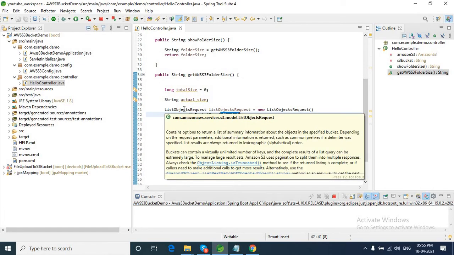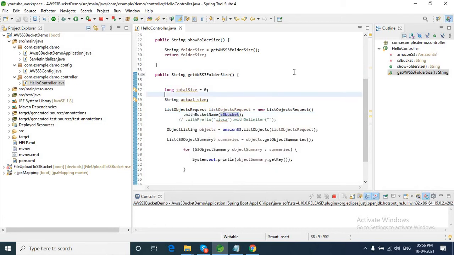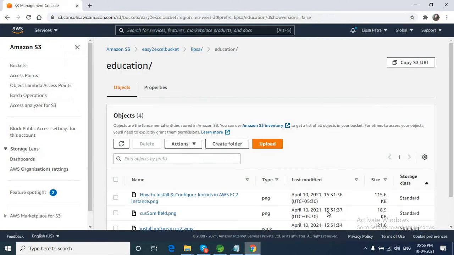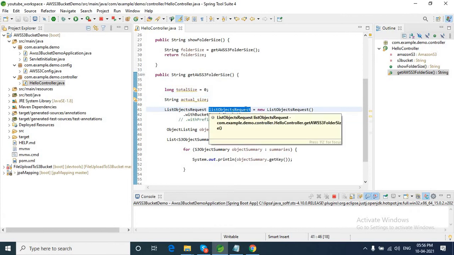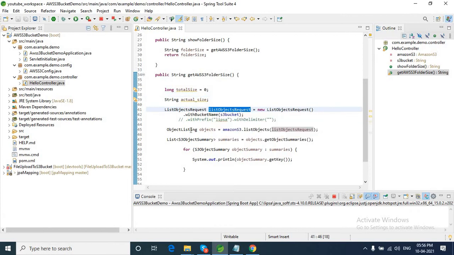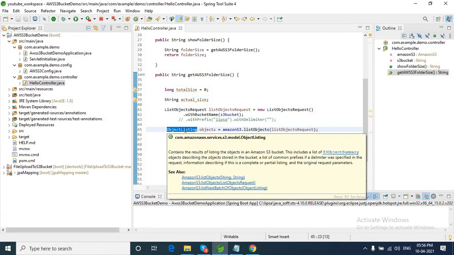A list object request returns a list of summary information about the objects inside a specific bucket. From this list object request, I get an object listing. The object listing contains the result of listing the objects in an Amazon S3 bucket.